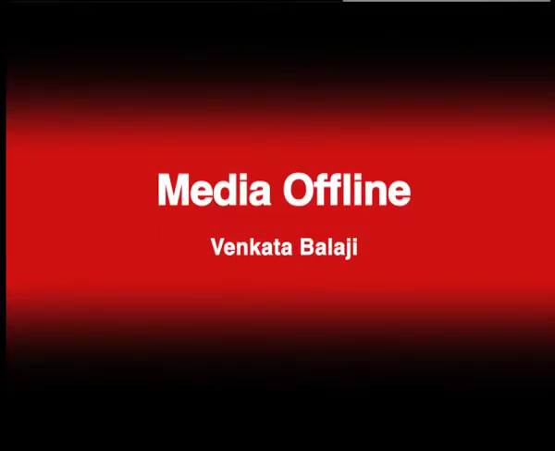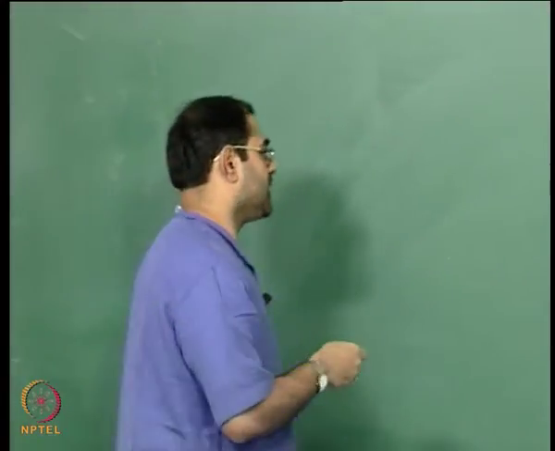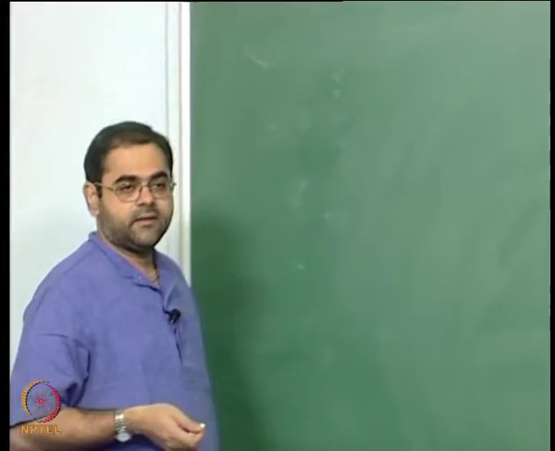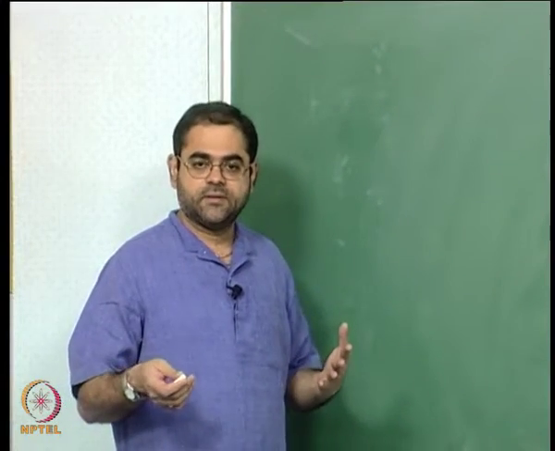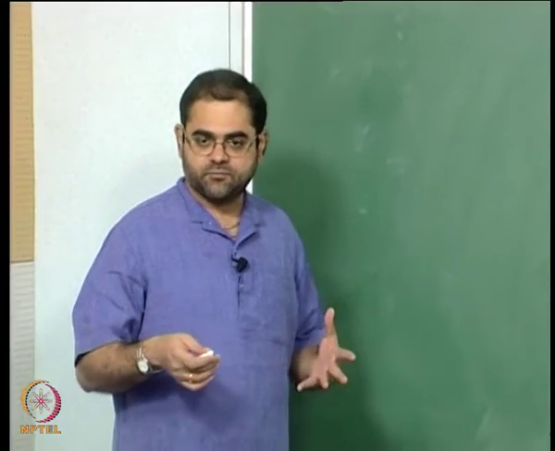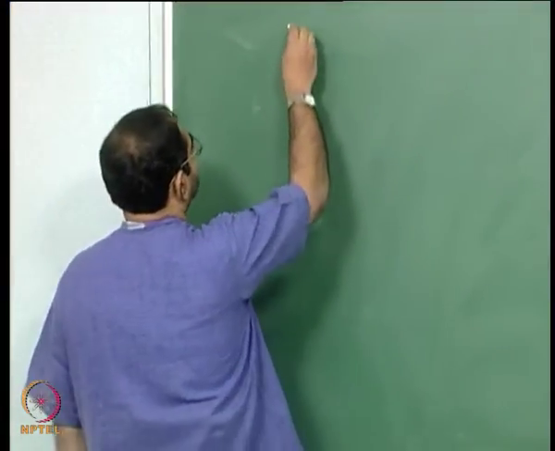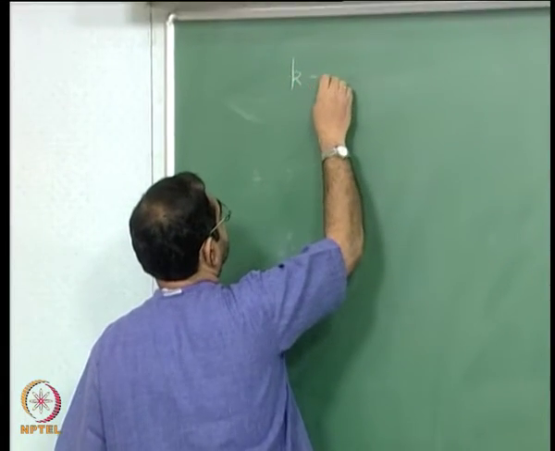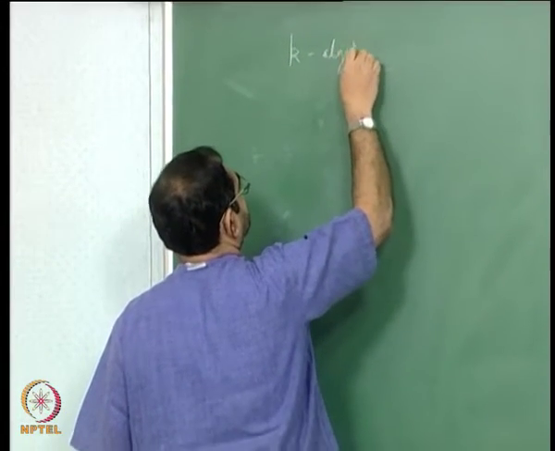Okay, so let's continue with our discussion on algebraic geometry. So let me recall what we have seen until the last time. Broadly, algebraic geometry is a study of the geometry of the set of common zeros of a bunch of polynomials. So what we do is we take K to be an algebraically closed field,